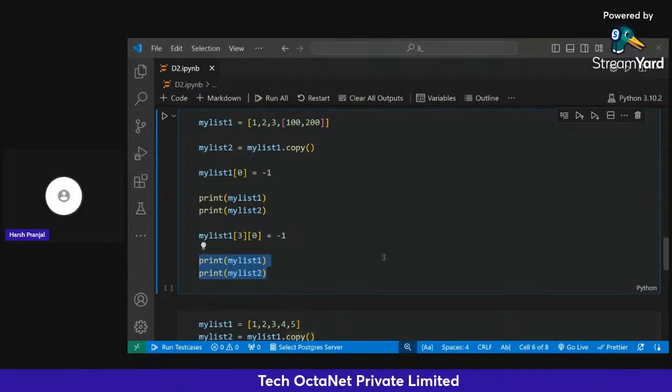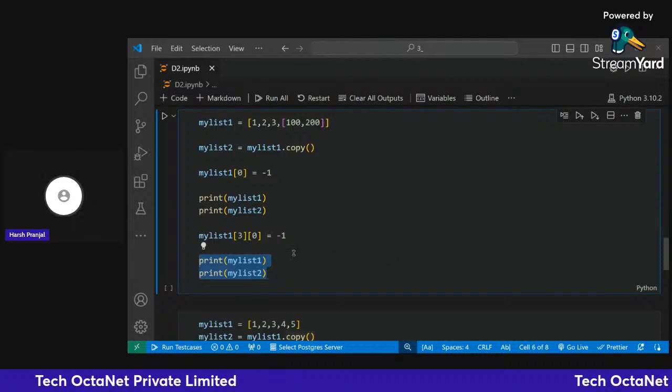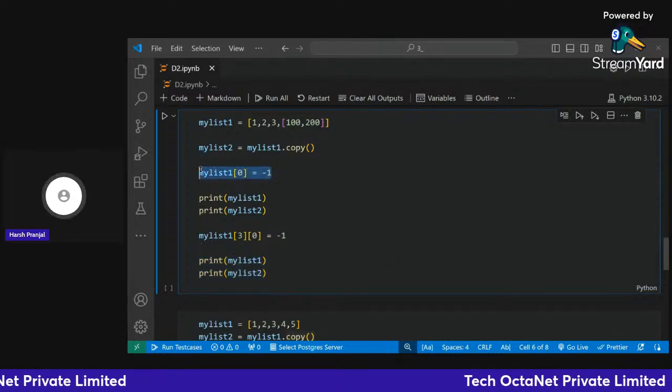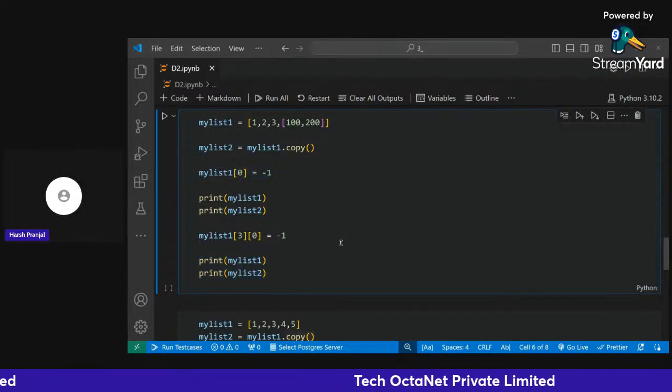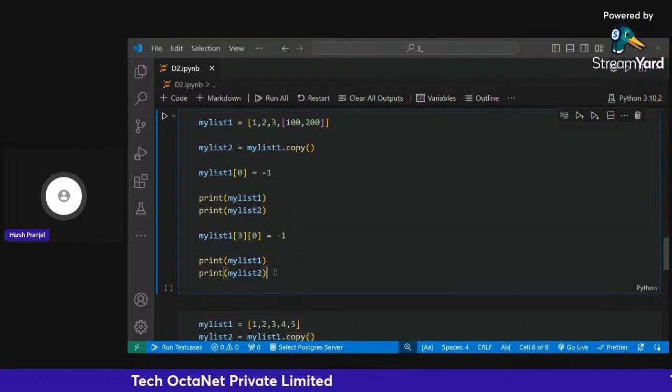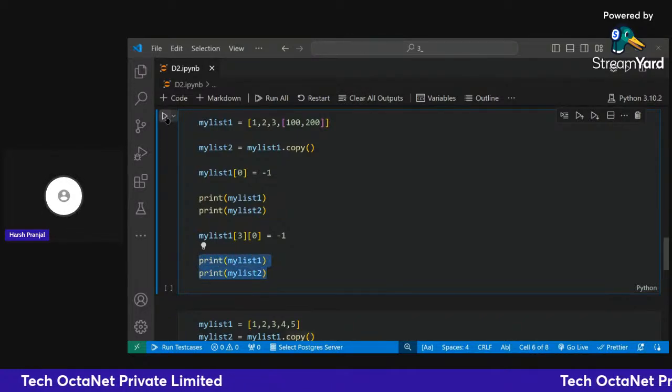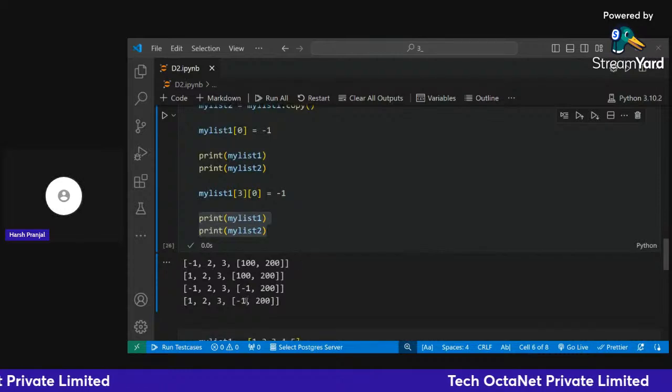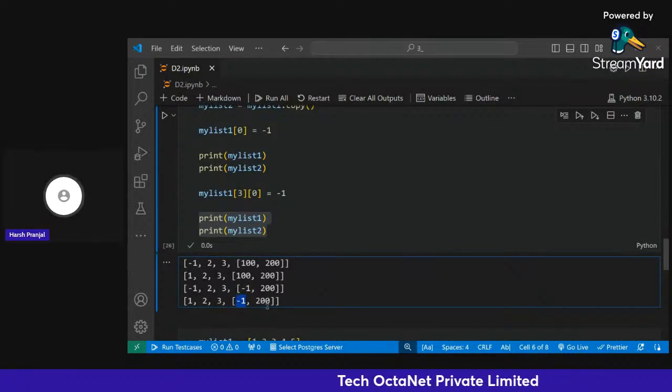Yeah, for my list one, it will be not 1 2 3, that will be minus 1 2 3, right? We have changed the zeroth index of my list one. Okay. Now there is a catch. See, in this case, the value of my list 2 also gets updated. See, for my list 2, we are getting the value minus 1,